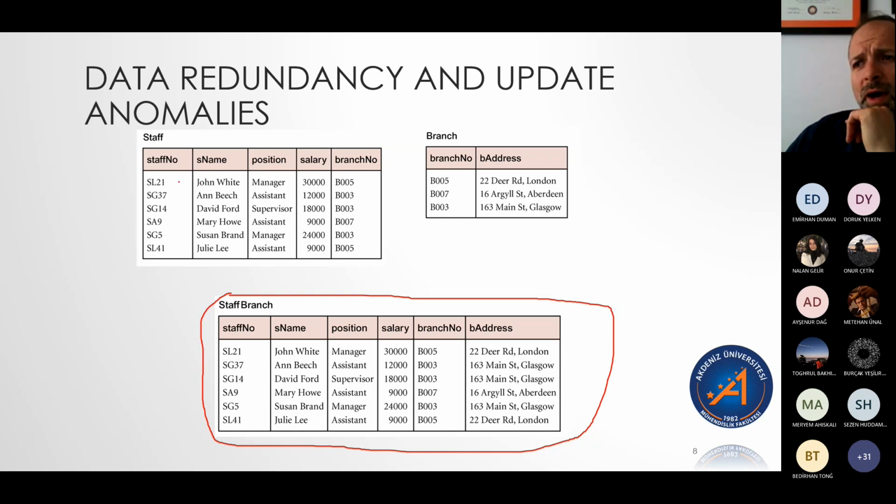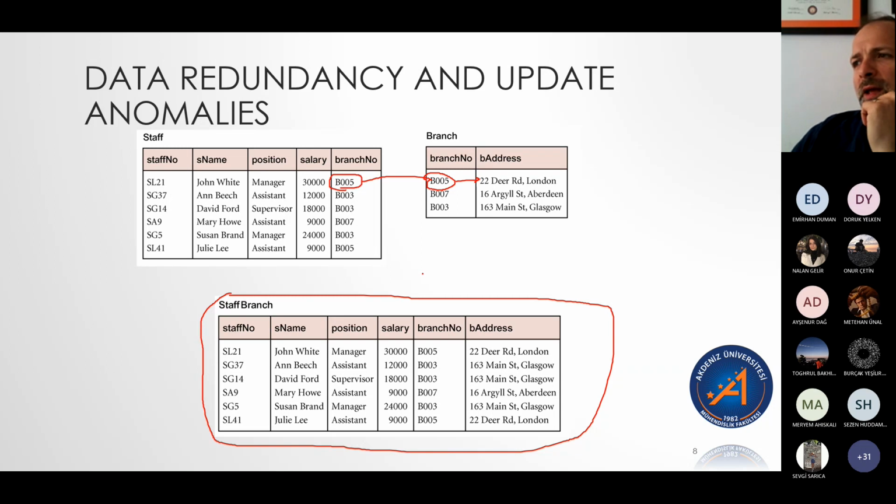If I had a set of spreadsheets, the first thing you need to do is look up John White, look at his branch number, then go to the branch spreadsheet tab and match that branch number with this branch number, and then you can learn the address, right?